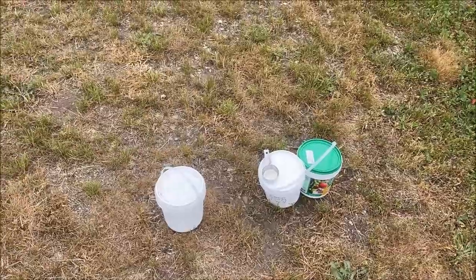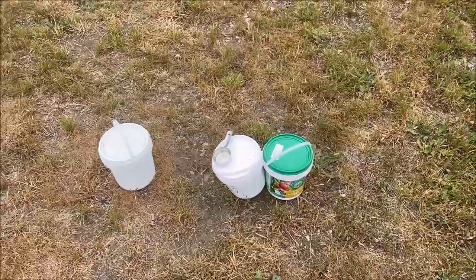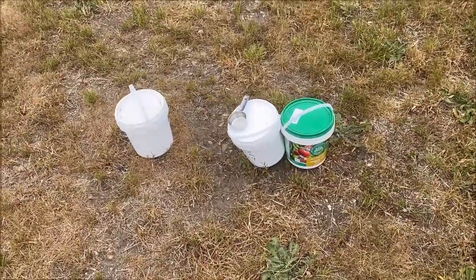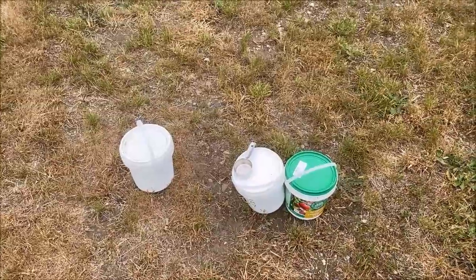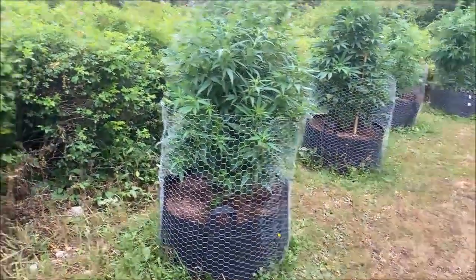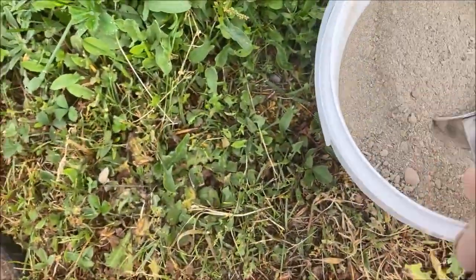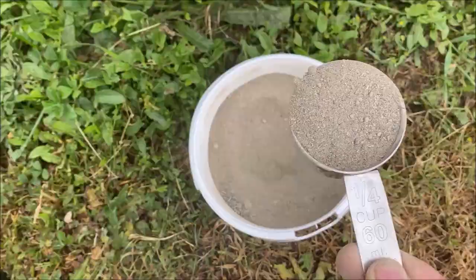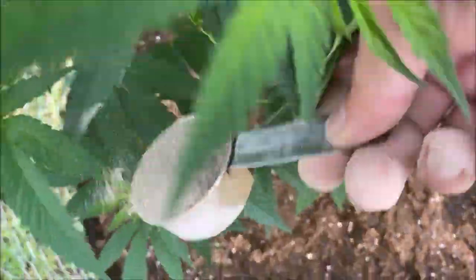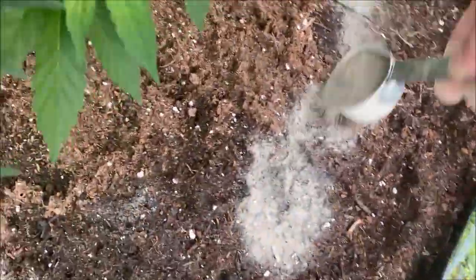So let's get started. I'm gonna go ahead and put the 3 cups on each one of the 444, and then I'm gonna go back and put 1 cup of the Power Bloom on each one, and we can have a good close look at the plants while I'm doing it. Okay, so sorry, 444 first, so let's just get a level cup. Put it in here, and I'm just gonna spread it all around the base of the plant,